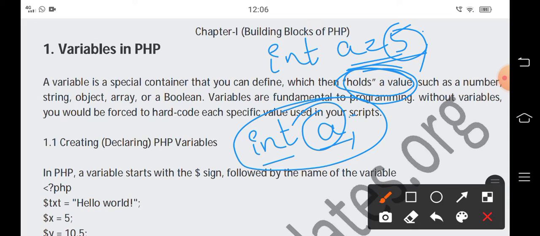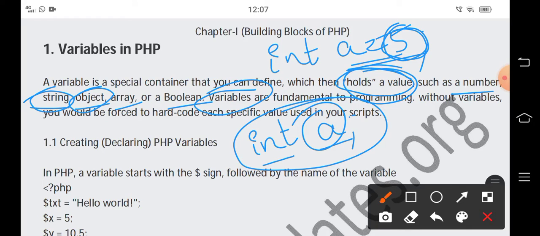This value may be a number, a string, an object, an array, or a boolean value. Number means integer values. String means character values: your names, a word is called a string. Objects are created to access the functions in programs.